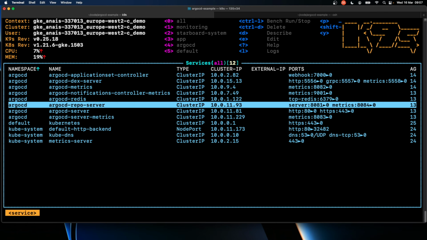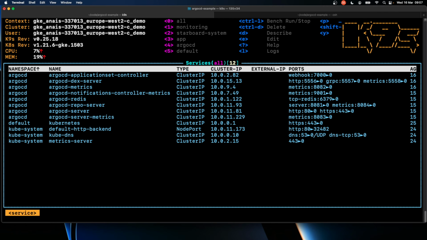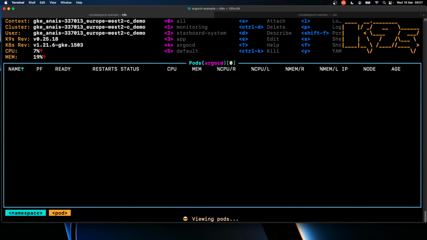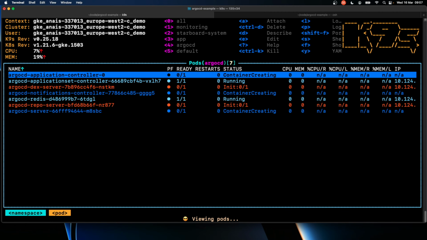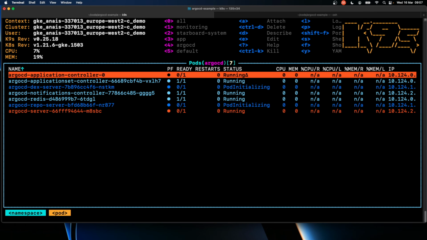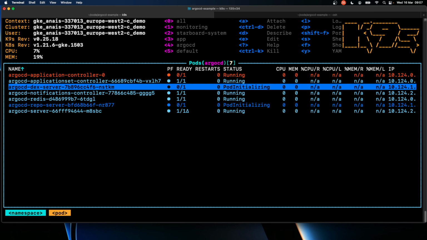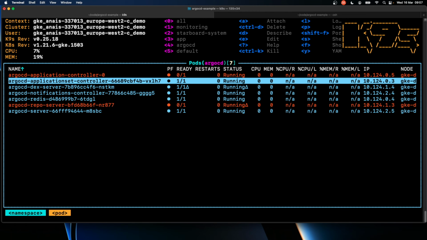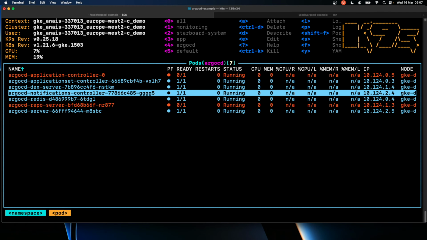So as you can see, this is the namespace argocd. Those are the different services in that case. We can also go to namespace argocd, and then we can see the pods being spun up. Now we're going to wait a second for them all to run. One more second maybe. And once they are all up and running, which is kind of now,